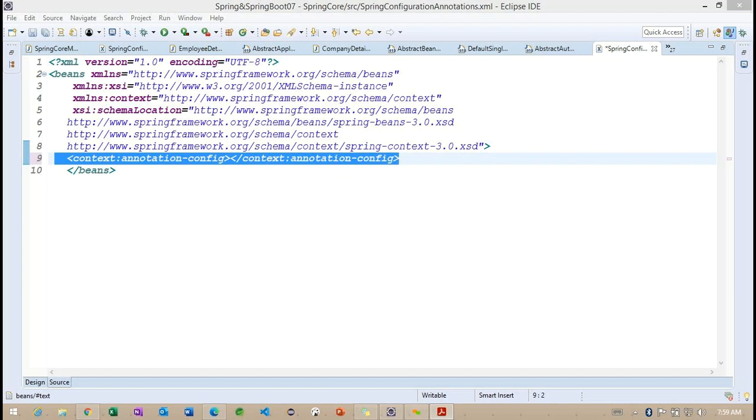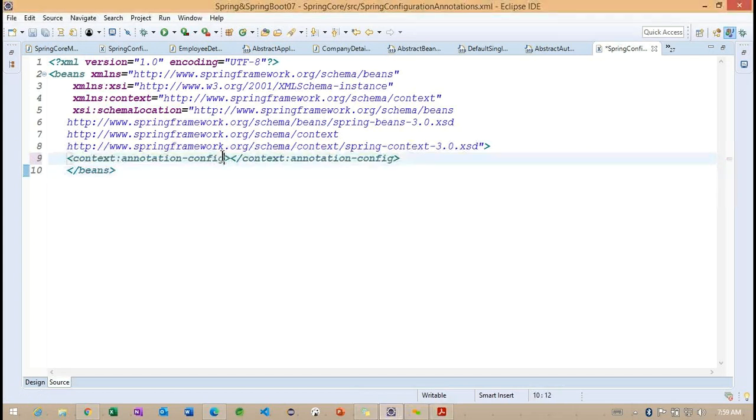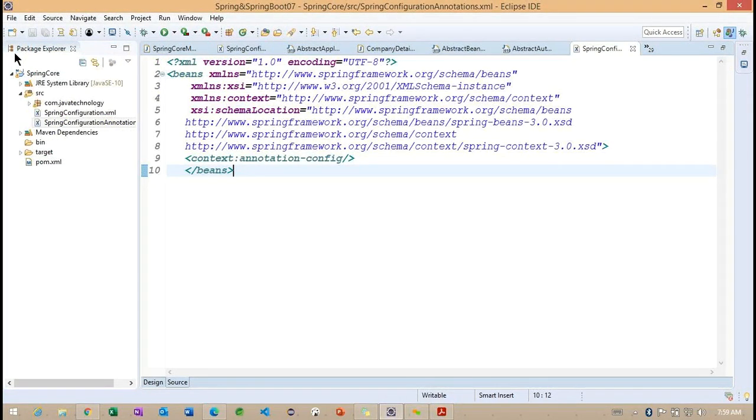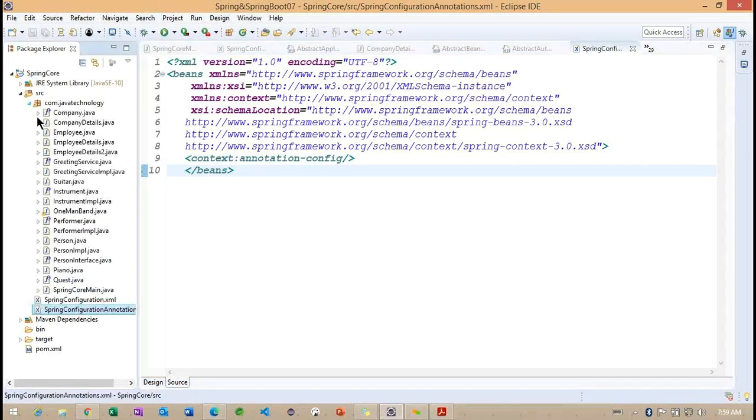So we will observe how exactly these autowiring concepts work here. Whenever we specify this autowiring concept, this annotation config is going to work on the AutoWire annotations. The simple example, we are going to work on this particular AutoWire annotation here. Now you can see, what is the AutoWire annotation we are going to work on here?